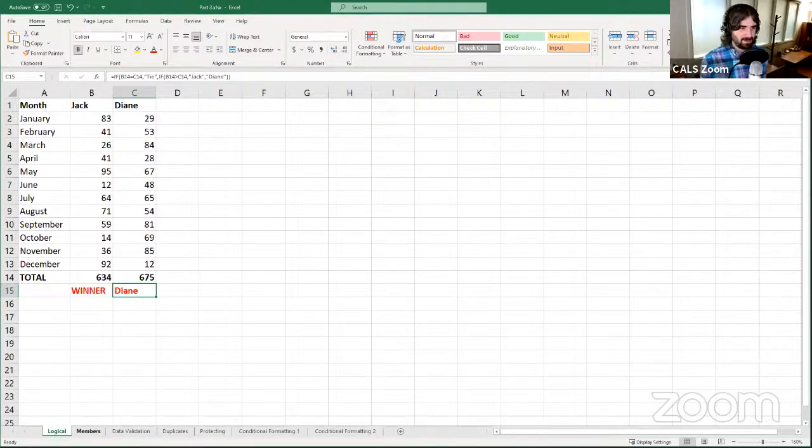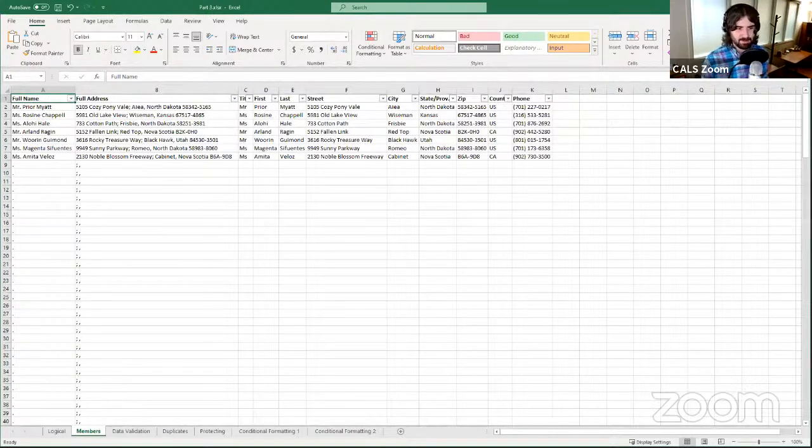What I'm going to do, I'm going to come down here to this members sheet down at the bottom. So I'll click on the name of that down there. And now I've got this whole situation right here. I've got some names and some addresses and also some phone numbers. In this example, I've got some sort of a group or a club, and I'm keeping track of the contact information of all the people that are part of the group. And I've got some nice formulas here that,